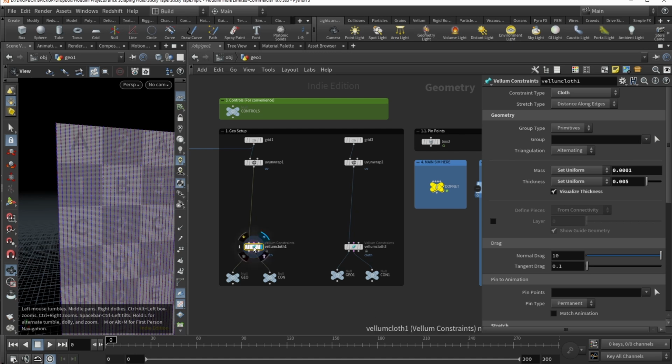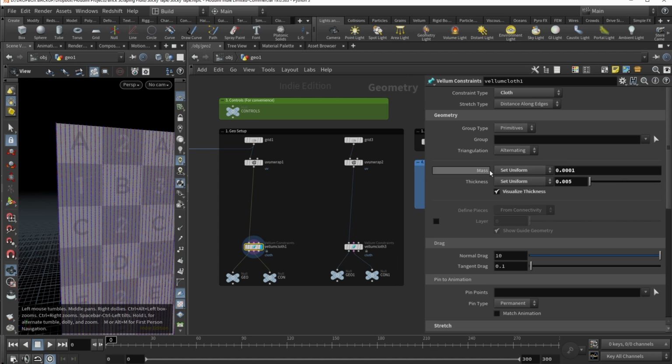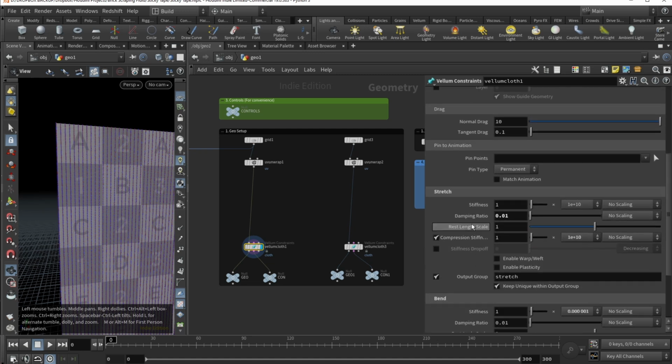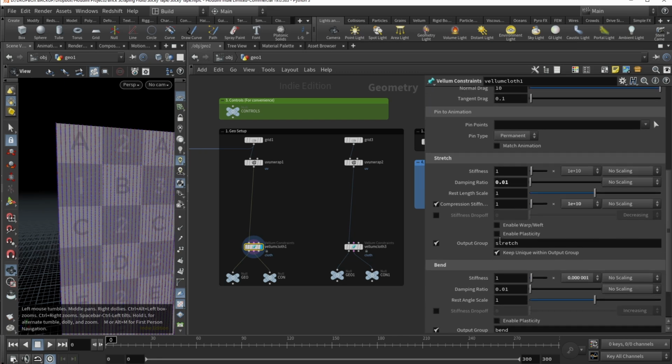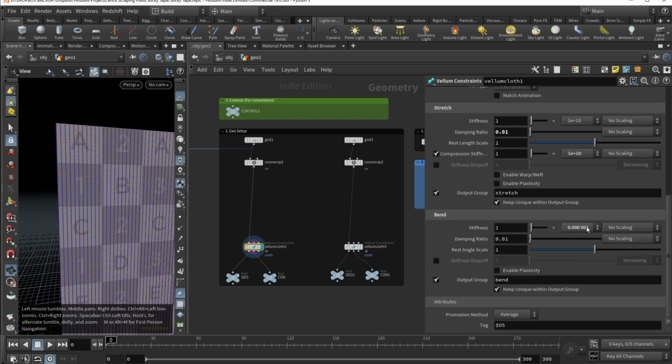Then we drop a vellum cloth, vellum constraints configured to constraint type cloth. These are the values that work for me with my setup. If you use a different resolution, it will take you some time to get these values right. For me, the mass was set to 0.0001, thickness set to 0.005, and damping ratio set to 0.01. And bend stiffness is set to one of the lowest decimal numbers, which is